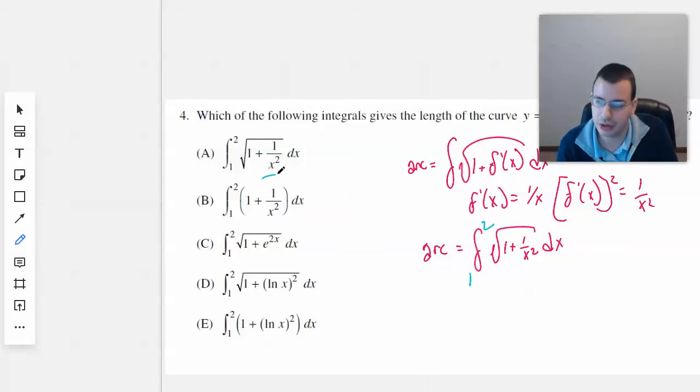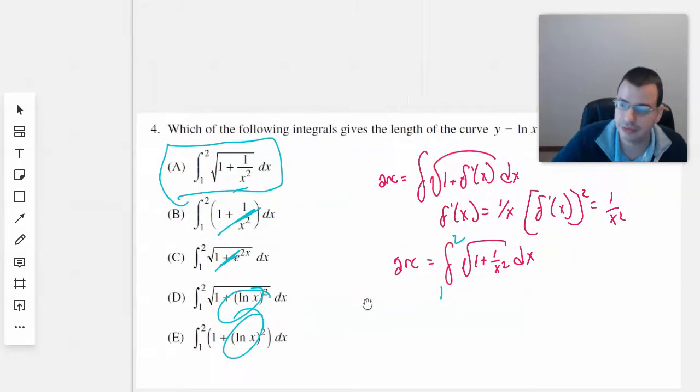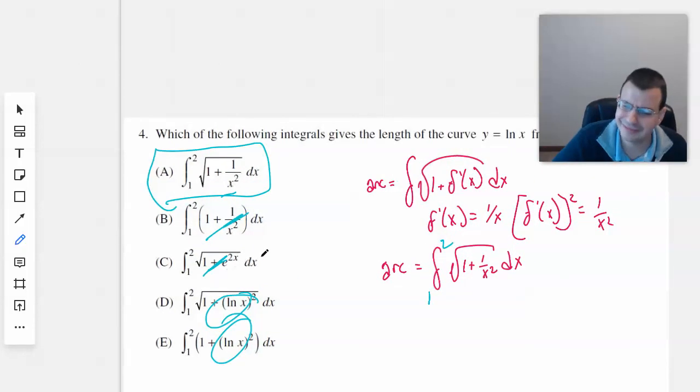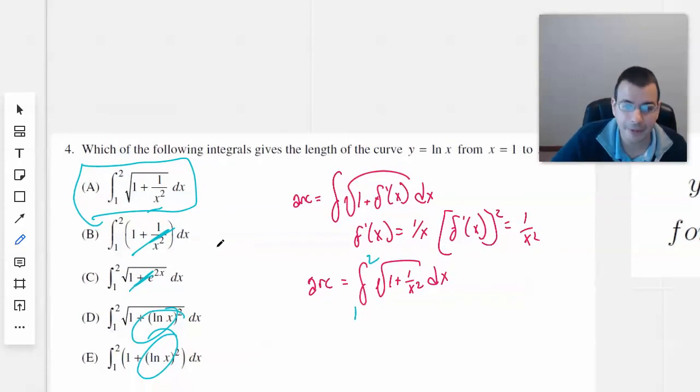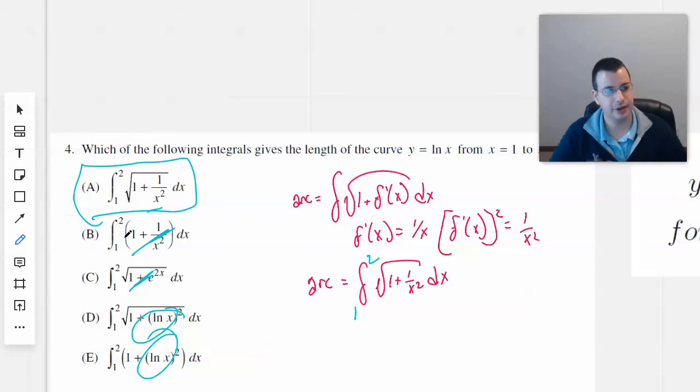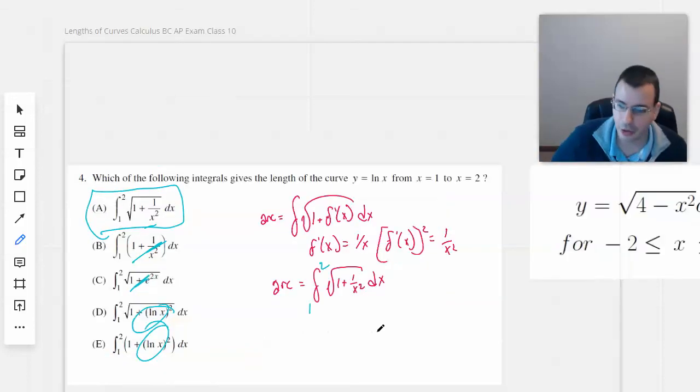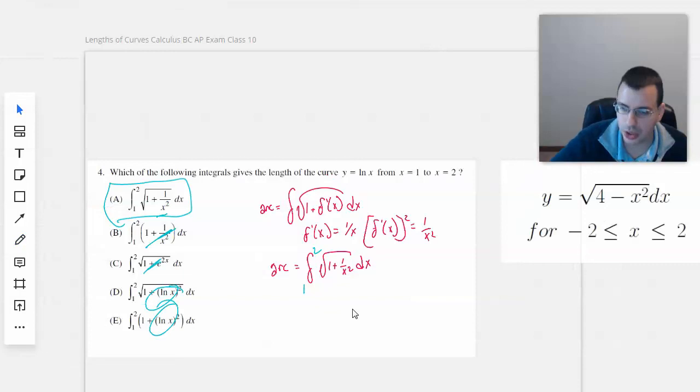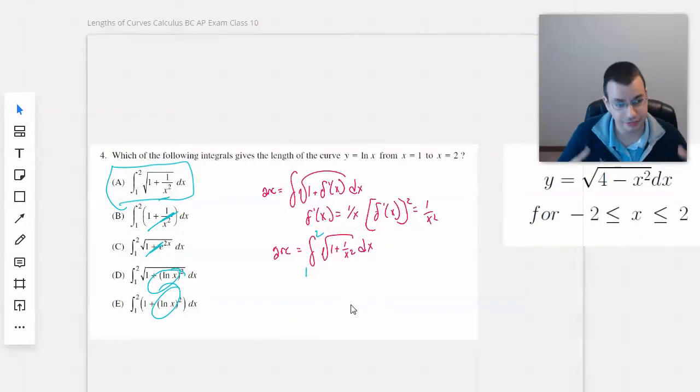So we got this one. That one doesn't have the radical. I don't know why they have it either. They're just hoping you don't know what you're doing. And so that question right there: know the formula, plug the formula in, done. So that is the idea with arc length. And it's good to know, but it's just another technique to help you get through